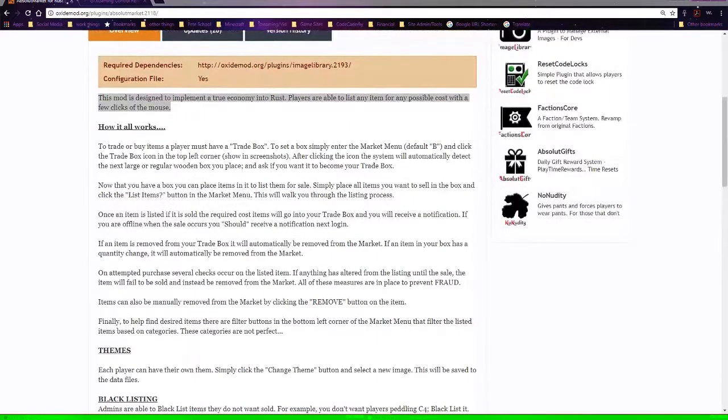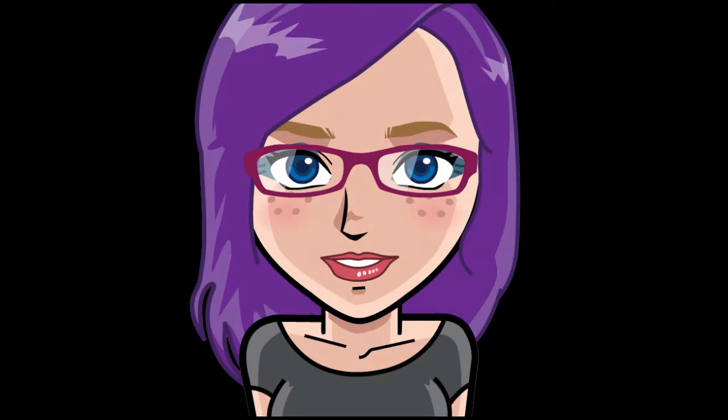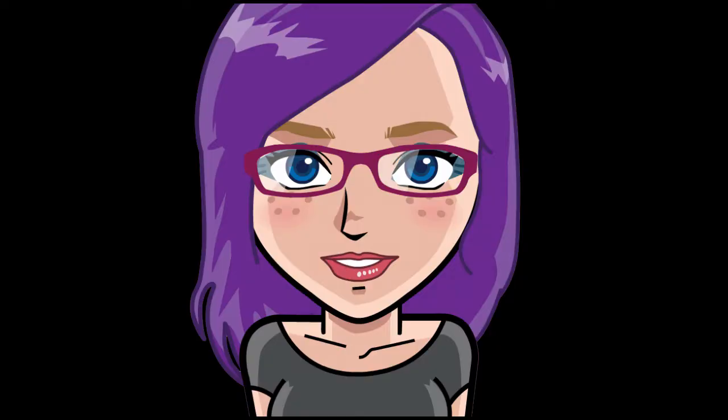Players on the Crustified server are able to list any item for sale with any possible cost with just a few clicks of the mouse. Now, we could just offer things for sale through the server's /shop function, but we think it's better for players to be able to buy, sell, and trade items on your own terms, maybe without that fear of getting shot in the face and betrayed by your trade partner. So if that's something that interests you, here's a little how-to for anyone who wants to participate in the server's